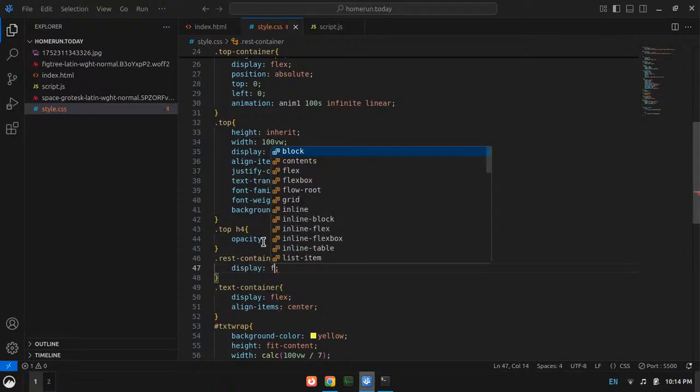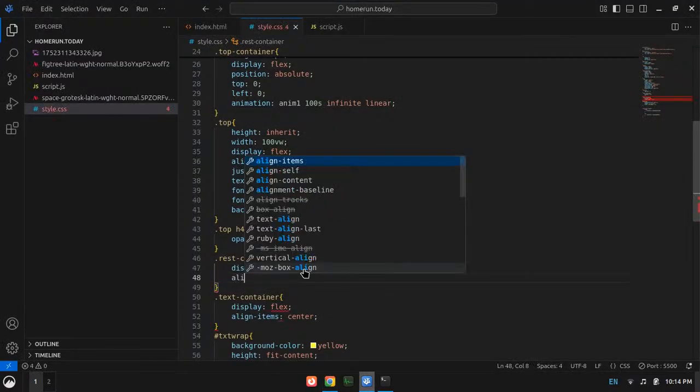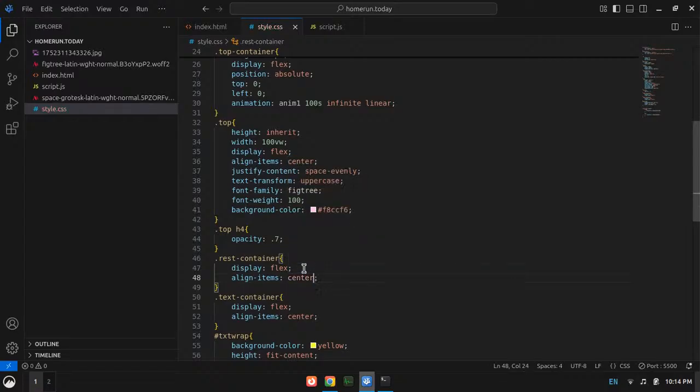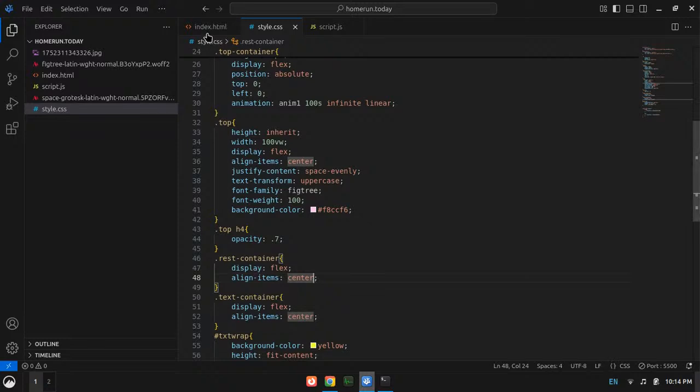Display flex, right? And now it should work, I guess. Align items center as well. Center. No. Really? Why?